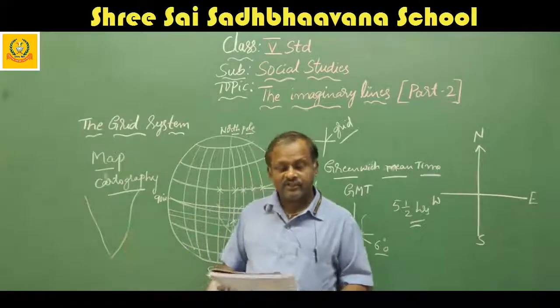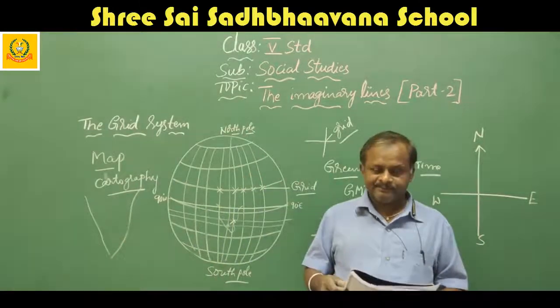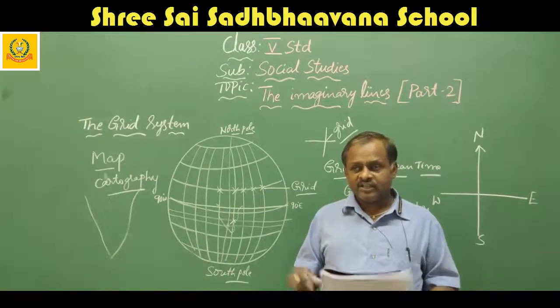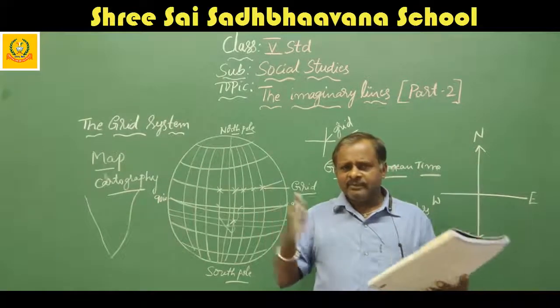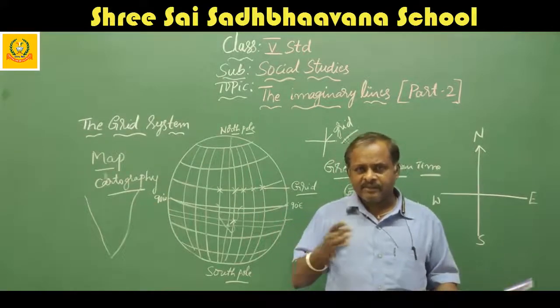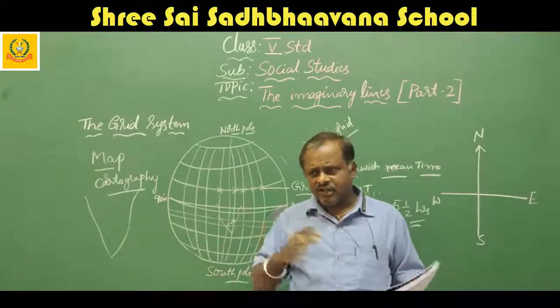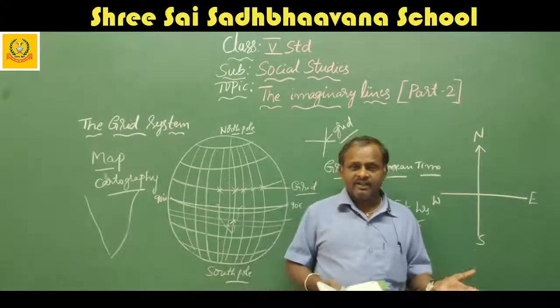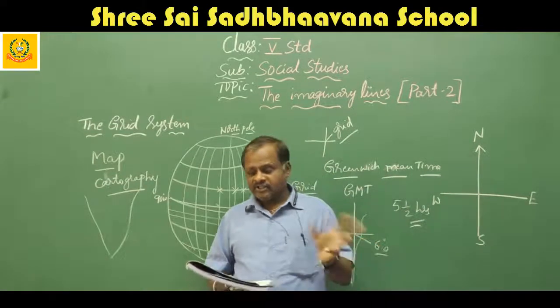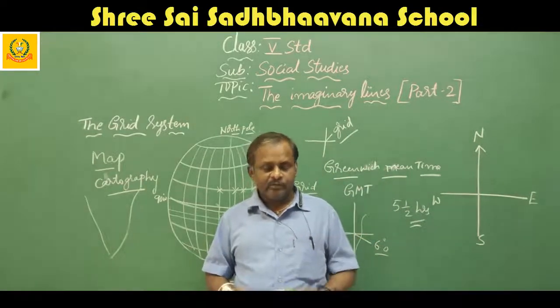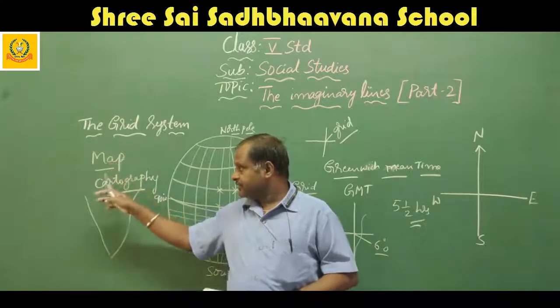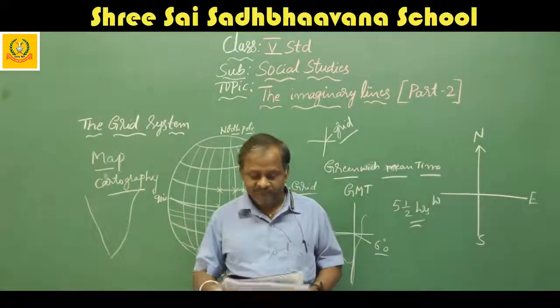In stores, the atlas book is available. The book name is atlas book. In that you will get the world map, the Indian map separately, America map separately, South America, North America, Africa, Asia, all the maps will be available. That book is called an atlas. I hope you understand what is a map, what is cartography, and what are the uses of maps.